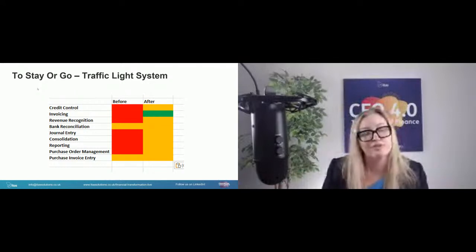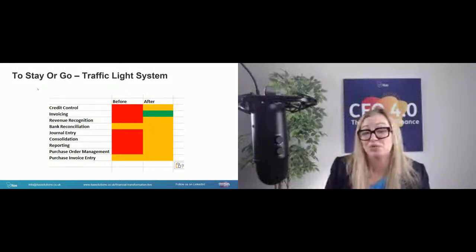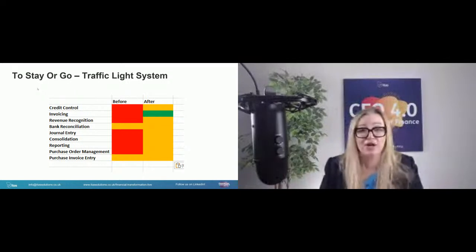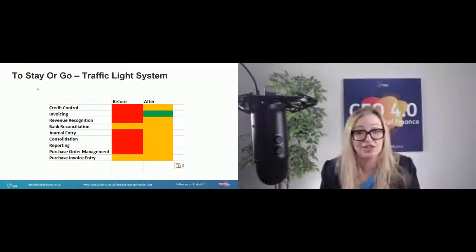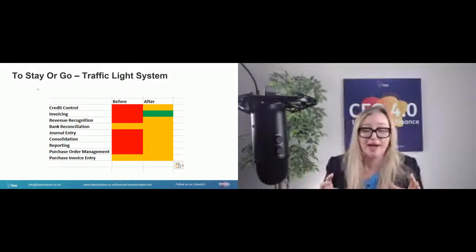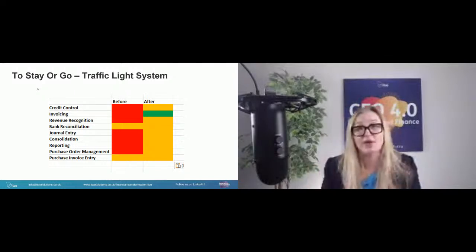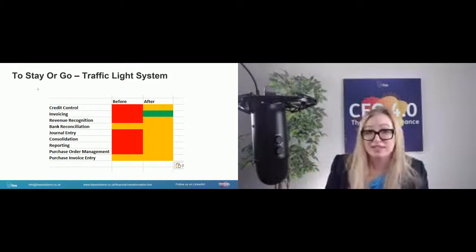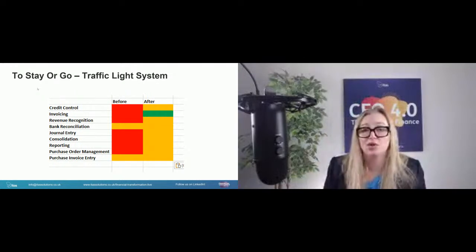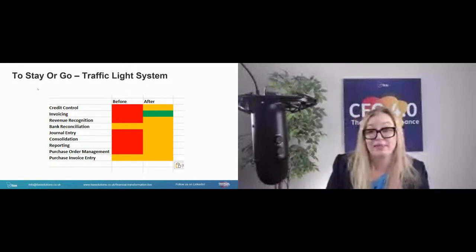And a lot of people and a lot of businesses are still using the system in the same way as when they first implemented, which could be 10 years ago. So I think that's why I'm so passionate about having these kind of sessions, to actually spend the time going through and analysing your existing system. How can I make it better? And even if you give yourself an extra 12 months, that just gives you some time to get your house in order and to free up capacity, so that if you then need to shift, you have the time because your team have capacity, right?